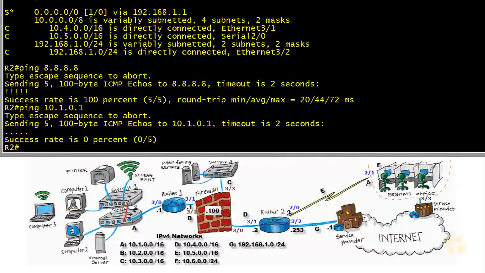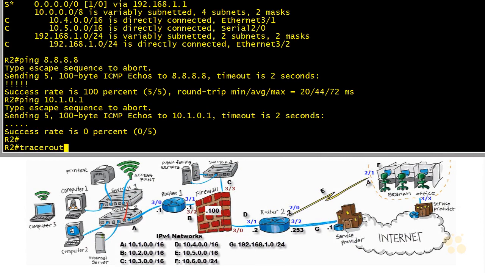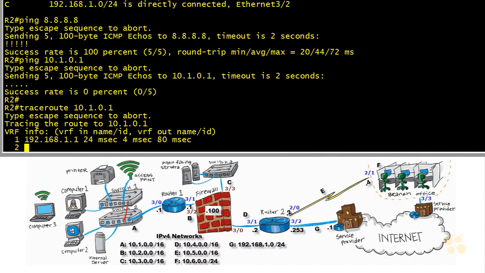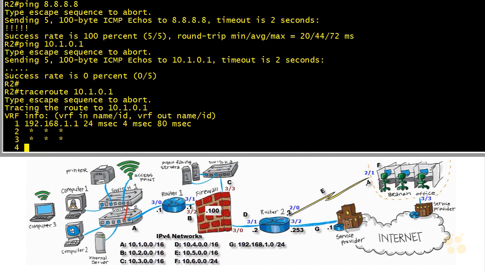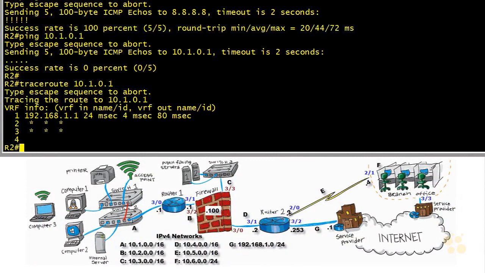We could also verify what R2 is going to do with this packet by using a Cisco IOS command called traceroute. Now this command is very similar to tracert on a Windows platform. And on a Cisco router, the traceroute command will simply show us the path that the packet is taking. And I'm going to go ahead and hit Control-Shift-6 to stop this output on the Cisco router because it's not getting any further. And what this indicates is that our first hop was